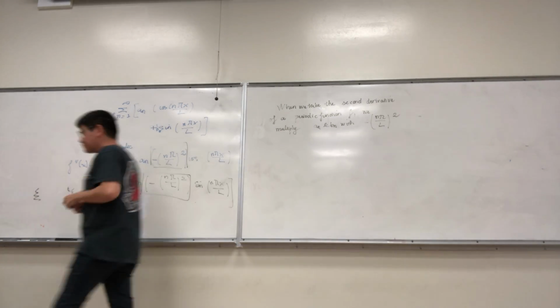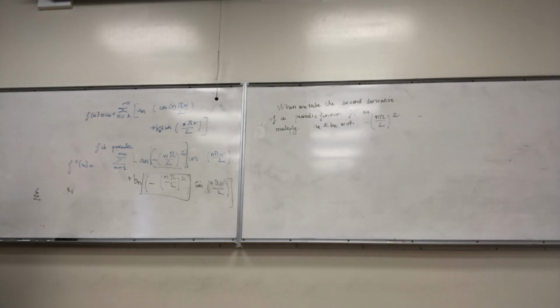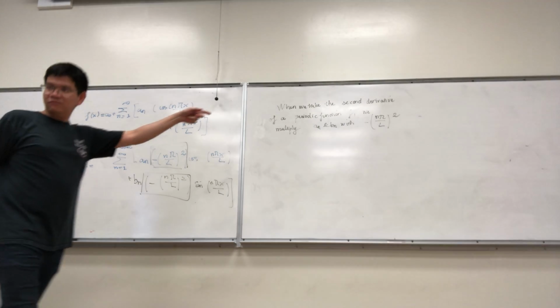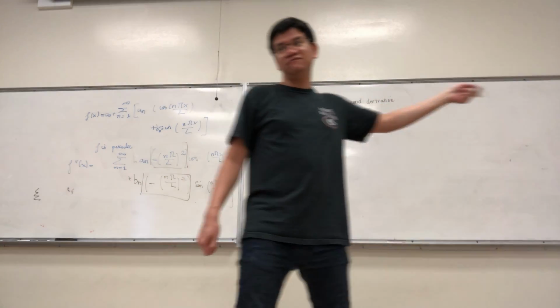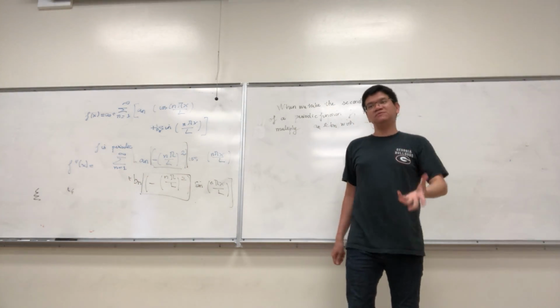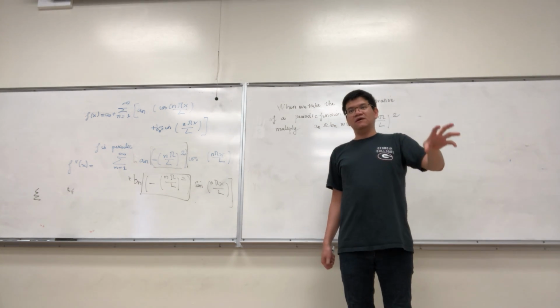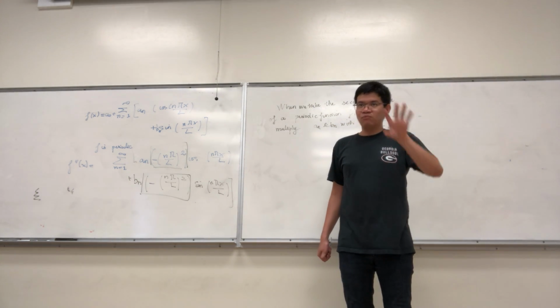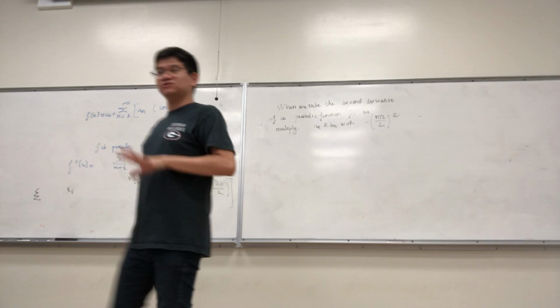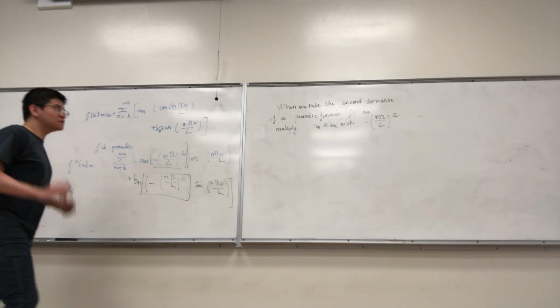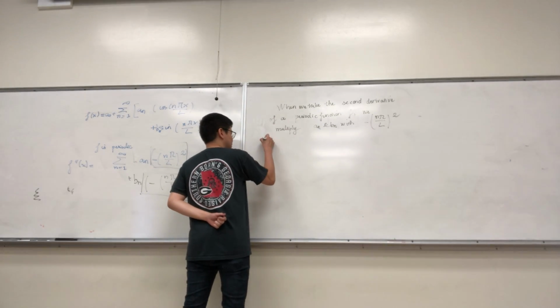This is what you need to do. You don't need to take the second derivative. What you do is multiply all of the coefficients of the Fourier series with minus n pi over L squared. The reason is because